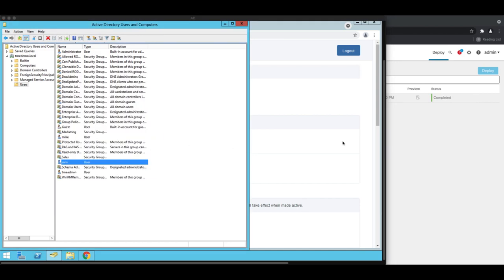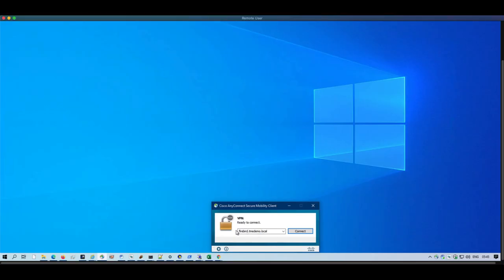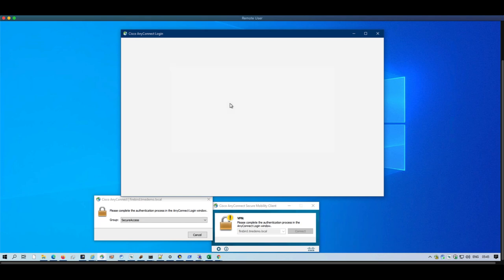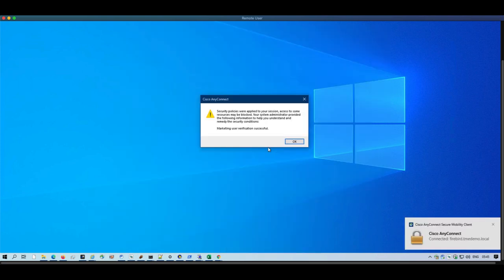Now that the deployment is successful, we navigate to the remote VPN user and test the connection. On the AnyConnect UI, we enter firebird.tmedemo.local and hit enter. Soon we see an embedded browser pop up that prompts for credentials. We enter the credentials of the user Mike, who is part of the marketing department, and click login. This causes a push to be sent to the mobile device, and once we approve it, the connection is successfully